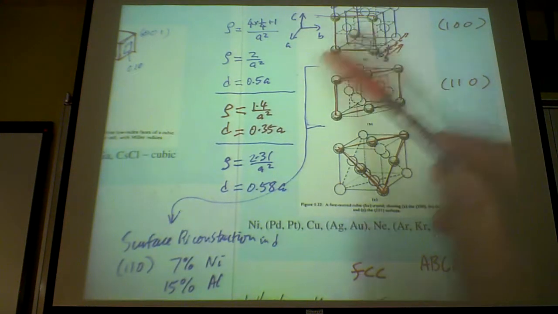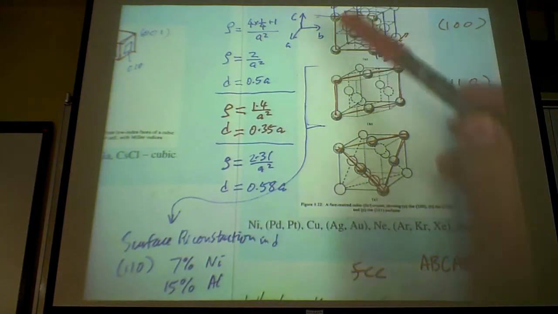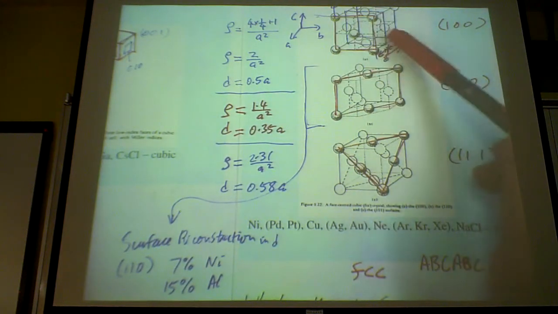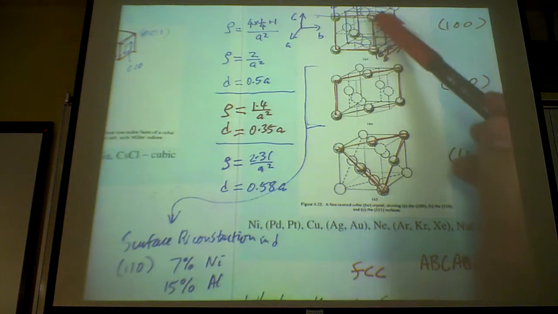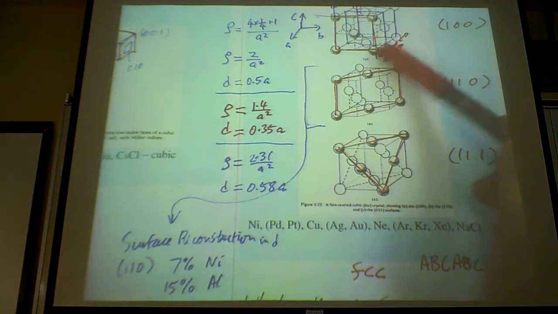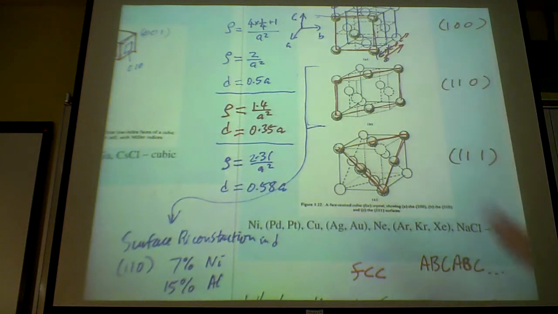Because the symmetry no longer works in this direction. So what will happen is that the layer will adjust itself, and therefore the d-spacing will change,